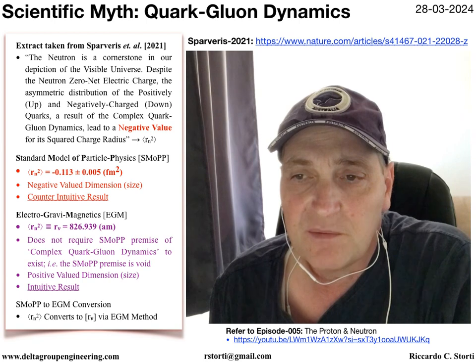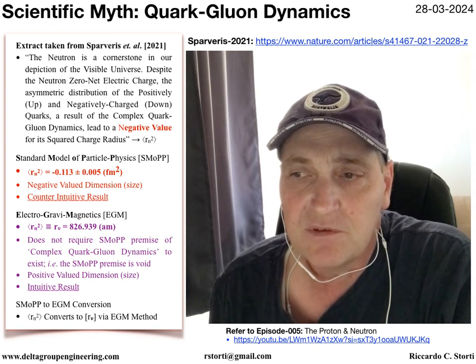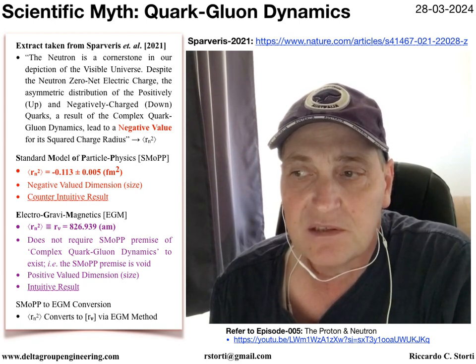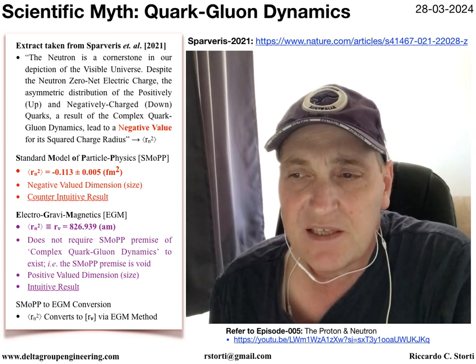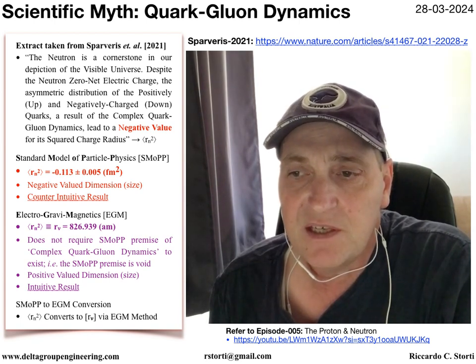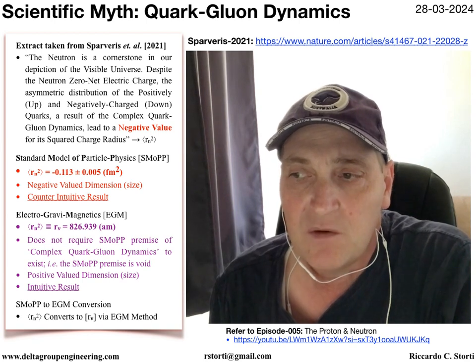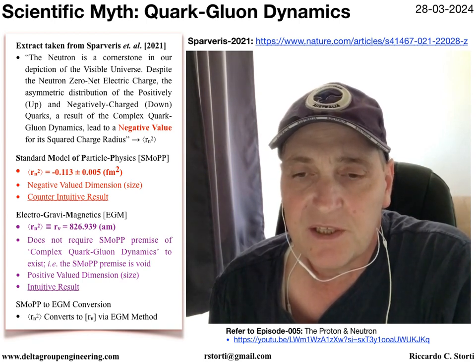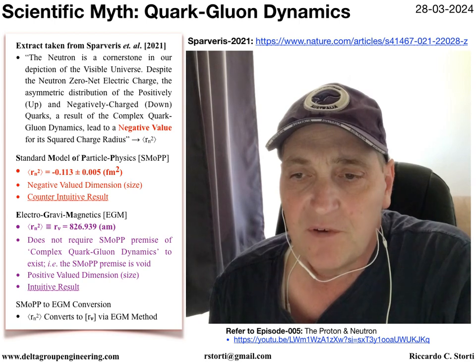The important message that I'm delivering here is that even at the elite level of physics, people will follow each other like sheep, simply to avoid becoming professional outcasts. Accepting a premise such as complex Quark-Gluon dynamics lead to a negative value for the neutron squared charge radius without contesting the said premise is not very much different from the flat earth days. Many people will seem to agree to anything that someone more senior might say. We have a word for this. It's called intimidation. This video provides a brief overview of episode 5, and I strongly urge all viewers to watch it for the complete solution pathway.